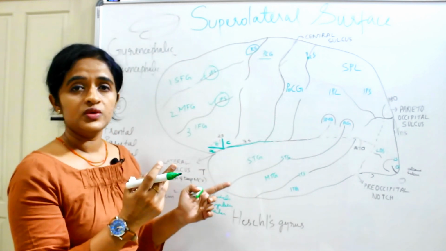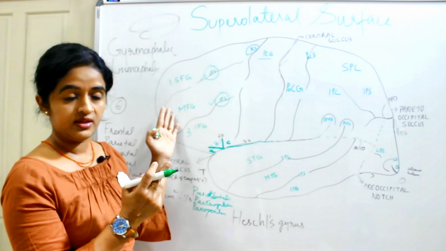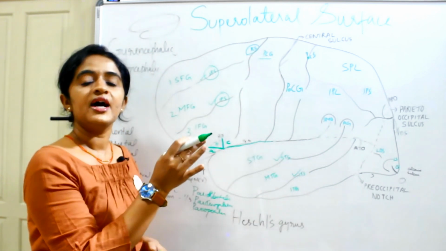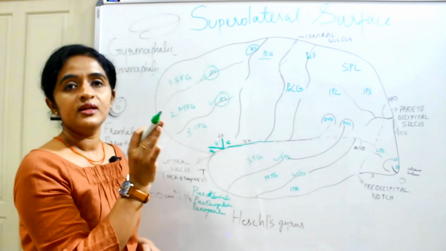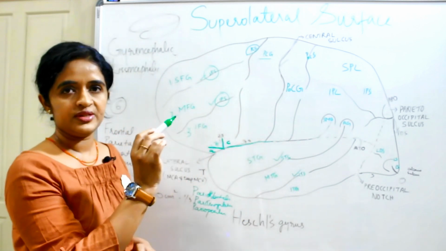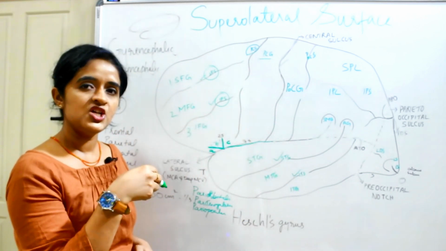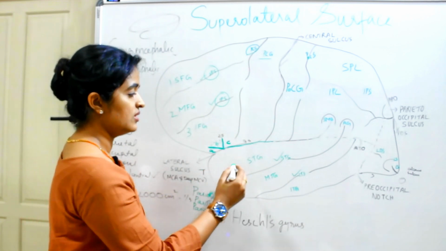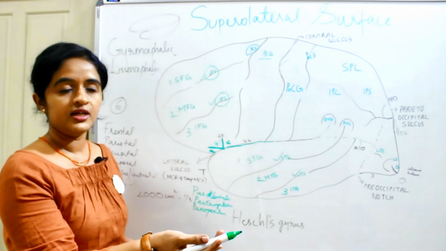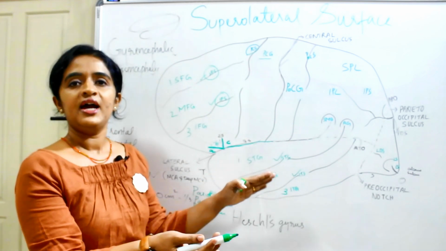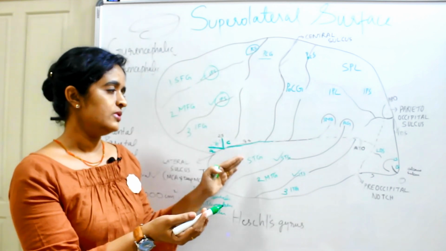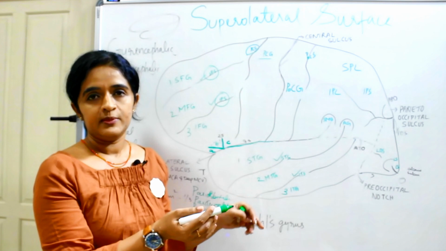Now we will move on with the temporal lobe, how the temporal lobe is divided into regions. Similar to the frontal lobe, in the anterior aspect we have two important sulci, the superior and inferior temporal sulcus. So two lines dividing a region will give you three regions. Which are the three regions here? 1, 2 and 3. So which are the three gyri you get here? Superior, middle and inferior temporal gyri. Just like the frontal region, you have superior, middle and inferior temporal gyri.